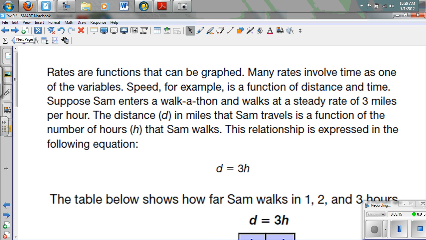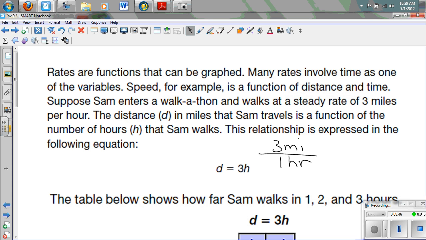Rates are functions that can be graphed. Many rates involve time as one of the variables, and speed, for example, is a function of distance and time. And so suppose Sam enters a walkathon and walks at a steady rate of 3 miles per hour. And so think about that. That's really 3 miles per 1 hour. And so for every hour he goes over, he goes up 3